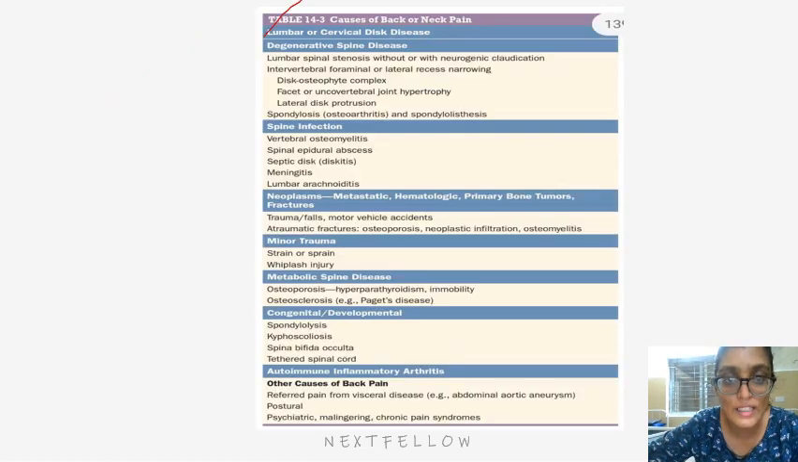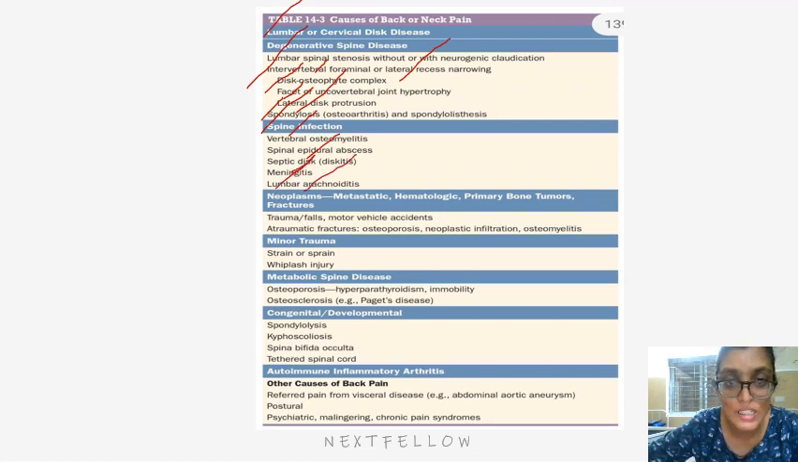One is lumbar or cervical disease, degenerative spinal disease like lumbar spinal stenosis with or without neurogenic claudication, intervertebral foraminal and lateral recess narrowing, that is intervertebral disc narrowing, disc osteophyte complex, facet or uncovertebral joint hypertrophy, lateral disc protrusion and spondylosis, spine infection like osteomyelitis, spinal epidural abscess, septic disc, meningitis or